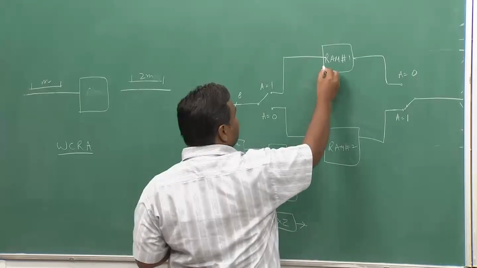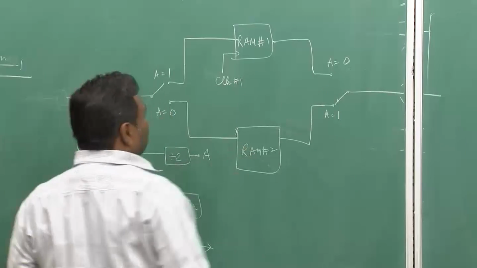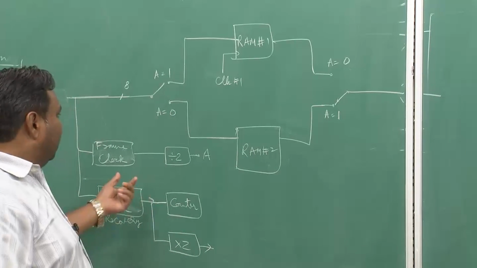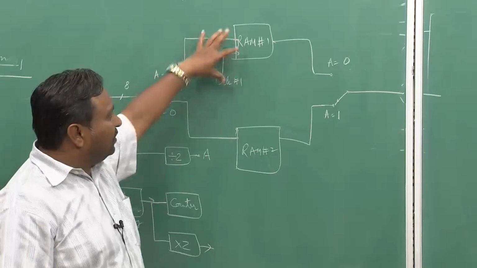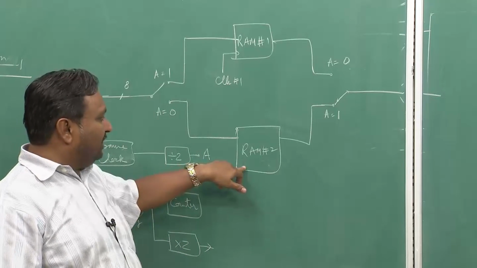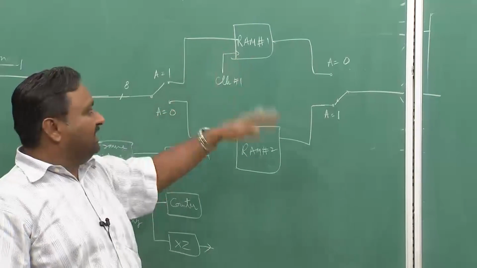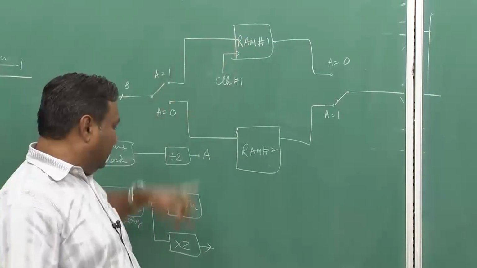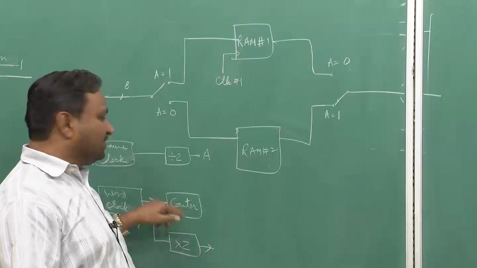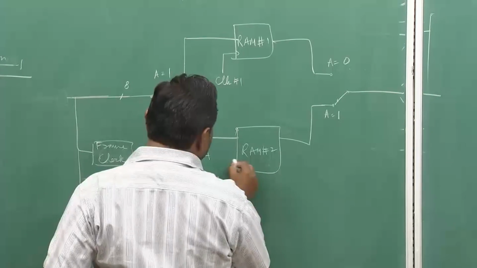So I will also be using this clock 1 input. Remember, in one cycle, in one frame, this will be clocked with this word clock, and the second one will be clocked at double the rate, and then flip over. When the next frame comes, this will now be driven by this clock and this will be driven by this one. Okay. So we will actually do that. So this is the clock